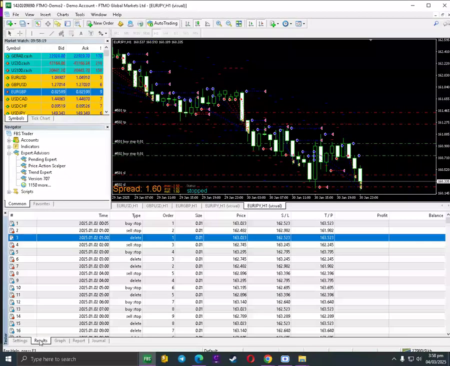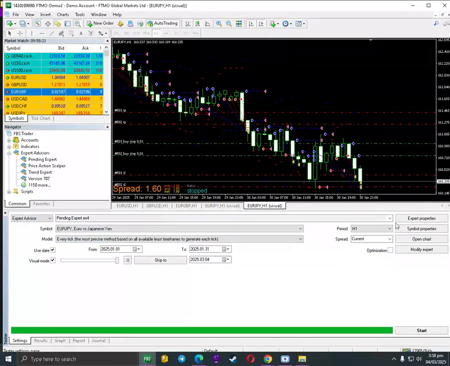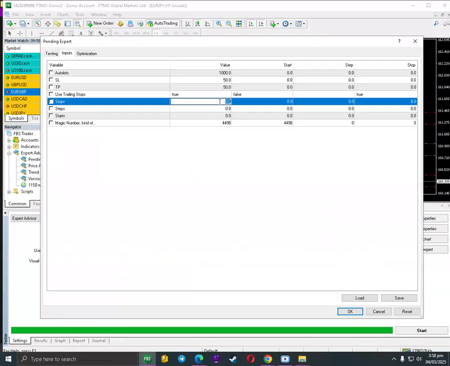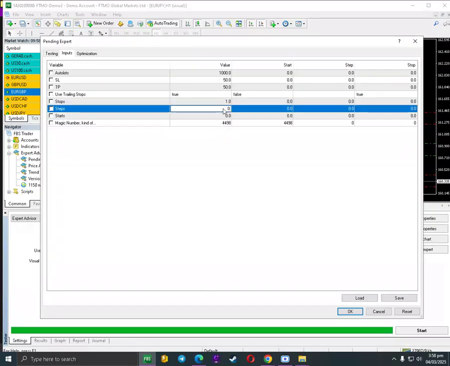So let's go to the inputs and let's see what we can add to this one. So if you want the EA to trade or close automatically, you will be using 0 point or 1 pip only and it will be closed, right?